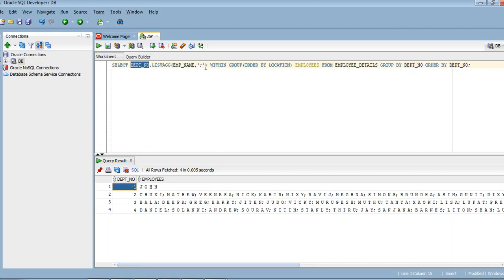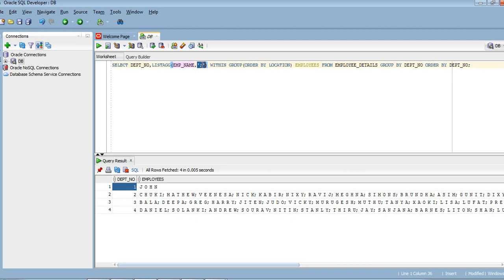Then we are selecting the employees column. In employees, what is present is the employee names, which are segregated by this semicolon. You can also change this to a comma or hyphen or whatever you want, based on your precision, you can change the separator.